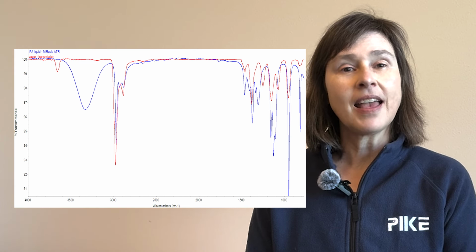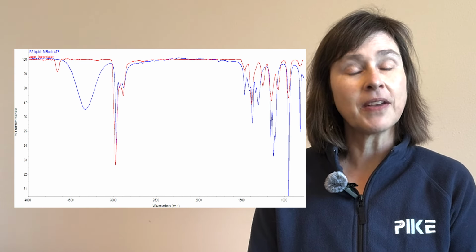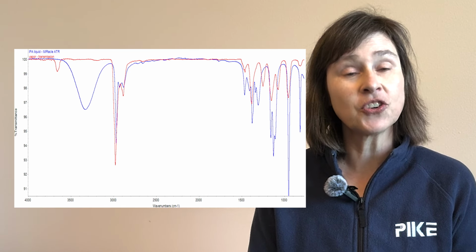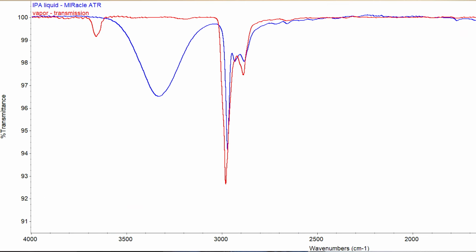Now notice at the higher wavenumber, especially at 3700 wavenumbers, there's a band in the vapor that's not in the liquid. Now what this band is, is the non-hydrogen bonded OH stretch. So if you should see that band in your spectrum or in your background, start thinking, where did that come from? And a couple places you can look is to make sure your purge tubes are set up,